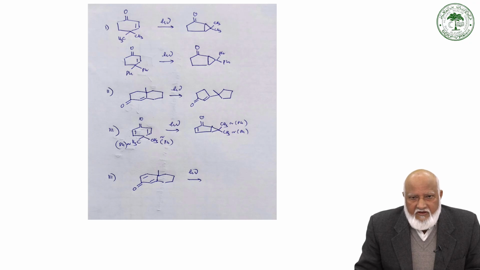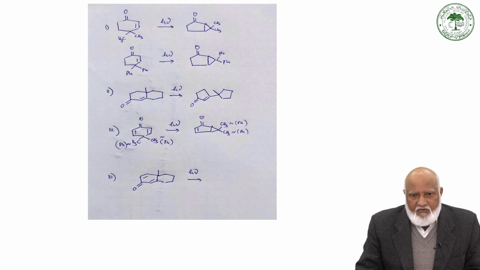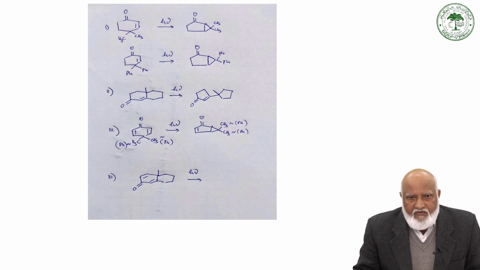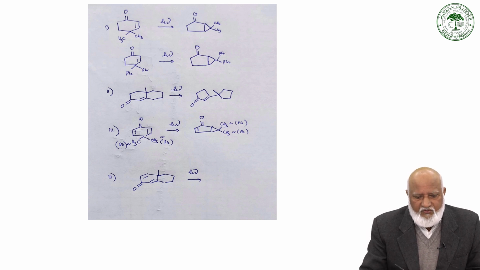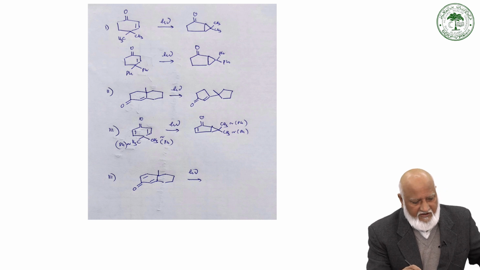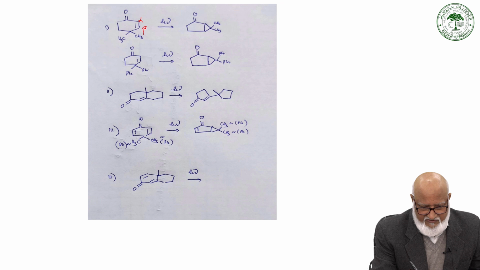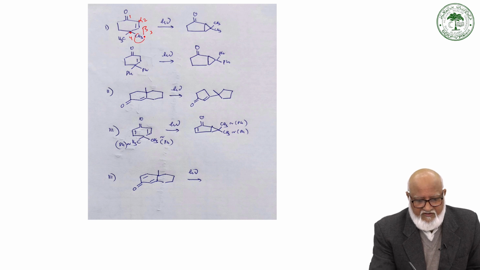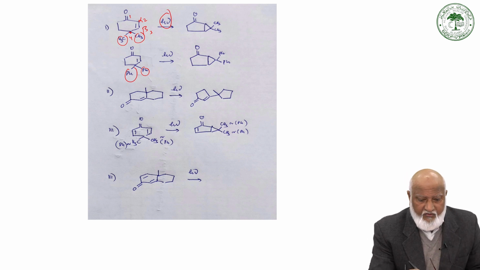So we have already this slide. We just want to review what we have covered so far, as far as the photochemistry of cyclohexenone, alpha beta unsaturated cyclohexenone, is concerned. With 4,4 disubstituted, whether it is a dialkyl group or a diphenyl group, it undergoes photorearrangement to give rise to a monocyclic ring